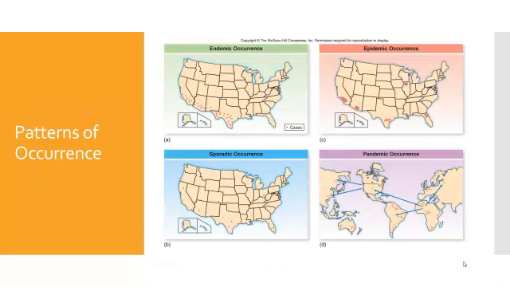There are 4 main types of occurrence with all of these types of sources. All of these will start with an index case, which is the first person identified in an investigation. Let's look at each of these. The first of these is endemic occurrence. An endemic is when levels are fairly stable. If these levels are stable within a region, such as the Southwest in this image, it is known as an